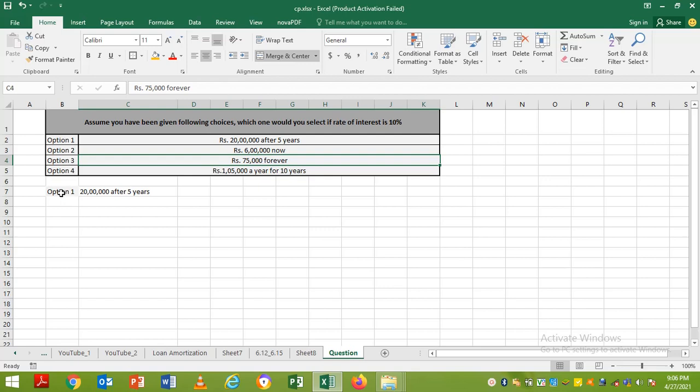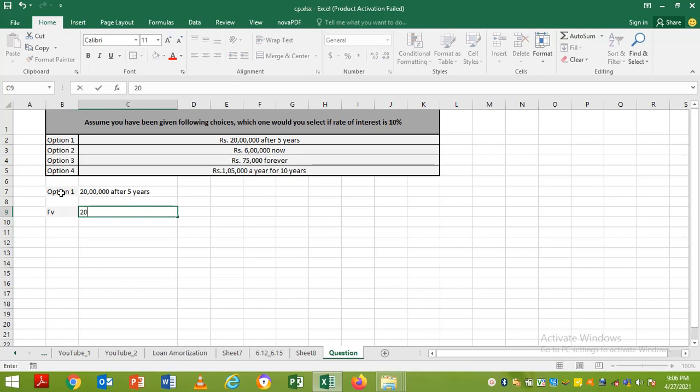So all these are future income streams. We will find out the present value and bring all this income onto the same timeline, and then compare which is more beneficial for us. Let us start with the calculation of the first option, where 20 lakh rupees is already given, known as the future value.